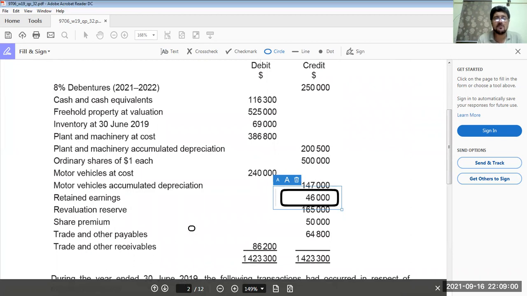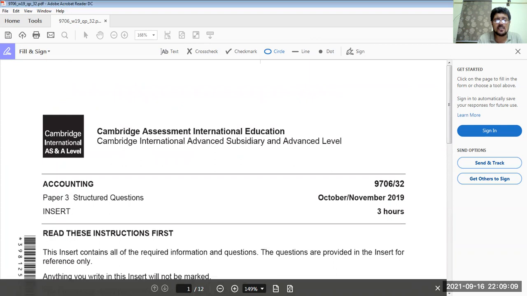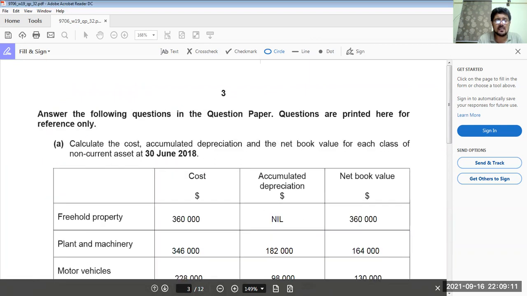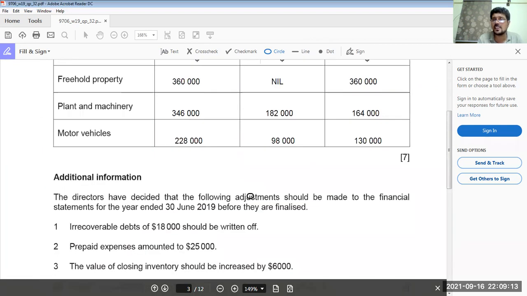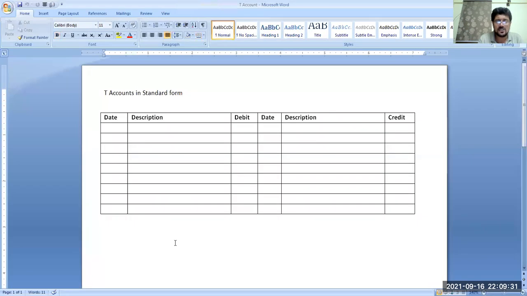So, don't forget. Now, in this question paper, I do not have space because it is an insert, and I do not have a separate question paper for 2019. So what I'll do, I'll make the balance sheet in my document. Okay. So I'm going to the new share. This is my new sharing.